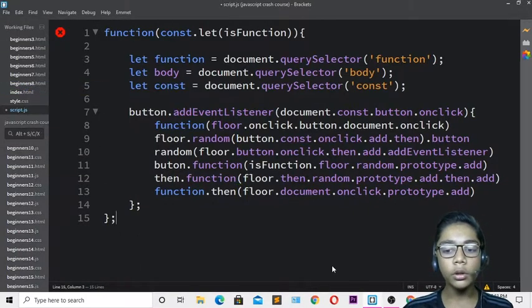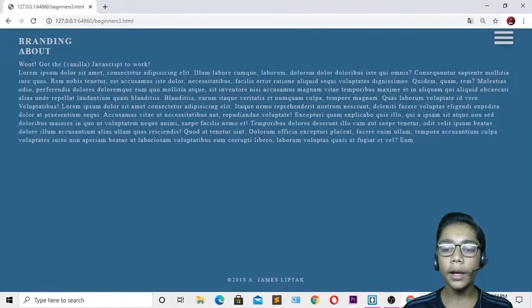And now if I show you in Google Chrome, it will be looking really good. So open your Google Chrome over here. And now you can see our branding about us section has been ready. Over here you can see that we have got our lorem text and the background color, which we have done with our JavaScript. And you can see we have written the copyright section, which we have also done.